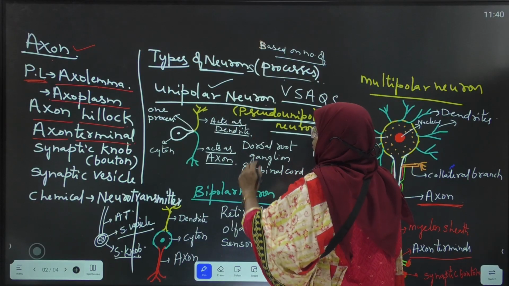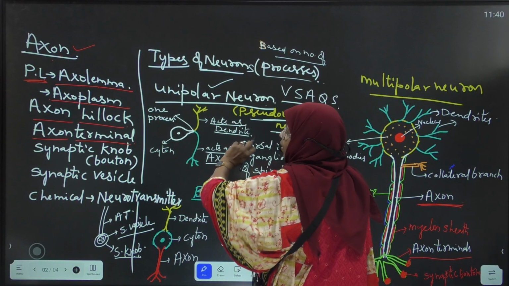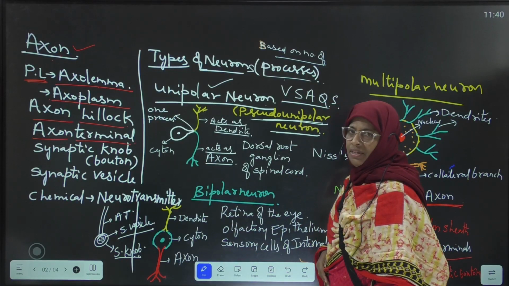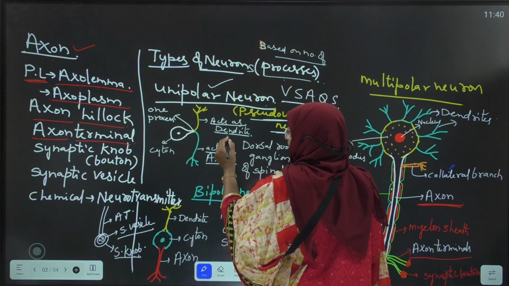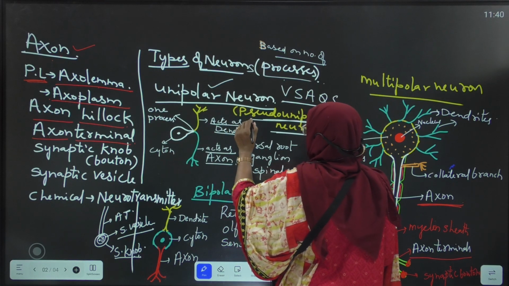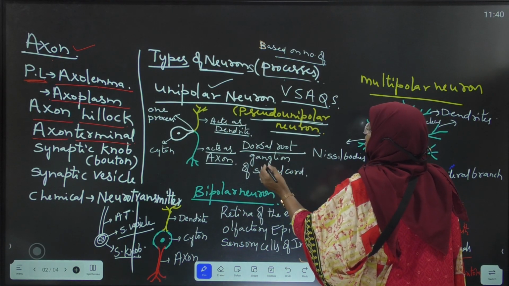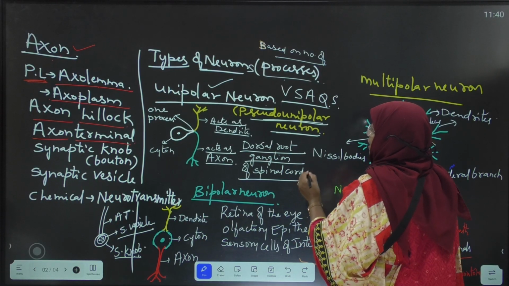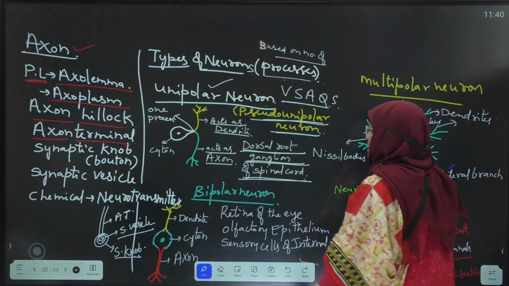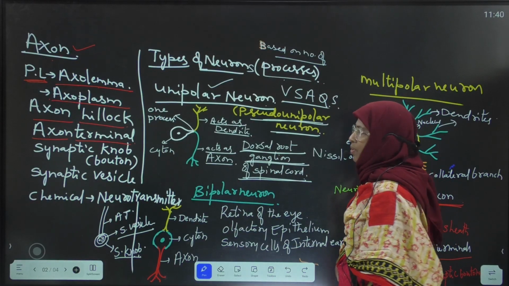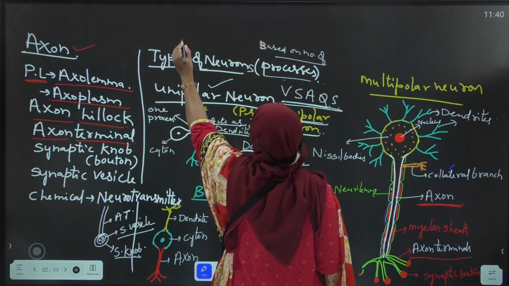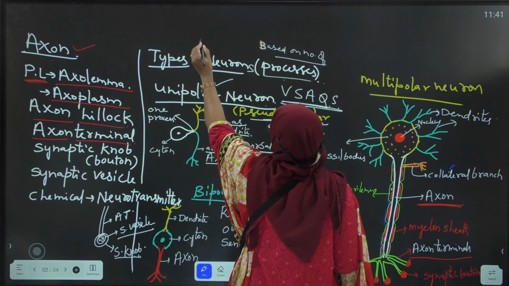Here in unipolar neuron, from the cyton only a single process arises. The single process divides into 2 branches. In that, one of the branches acts as dendrite and another branch acts as axon. This is called unipolar neuron or pseudo-unipolar neuron. It is present in the dorsal root ganglia of the spinal cord. The cyton of this unipolar neuron is present in the dorsal root ganglion of the spinal cord. This is the location of pseudo-unipolar neuron. It is very, very important for VSAQ. This type of neuron is important for 2 marks, and also important for NEET and